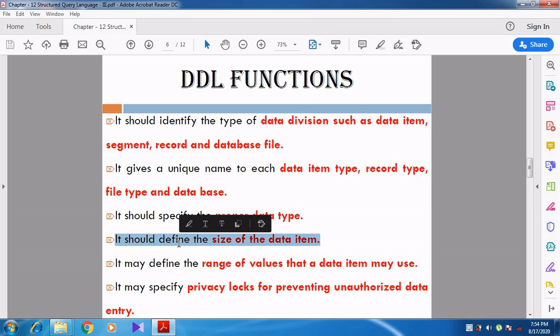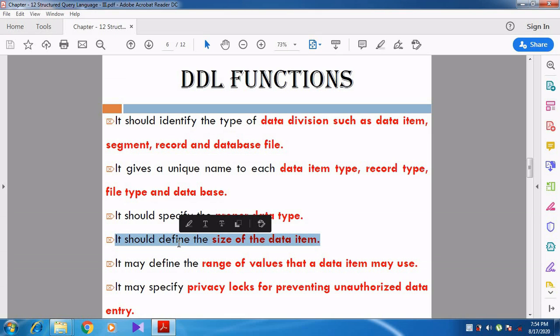And then it should define the size of the data item. For example, whenever you are creating the password for an email ID, it shows that 6 to 8 characters should be specified. If you give less than 6 characters, it won't accept. Why is it not accepting? Because of the rule the creators made for the password.